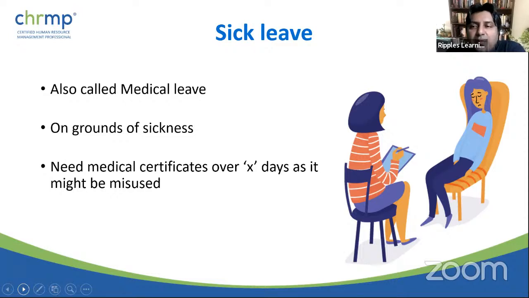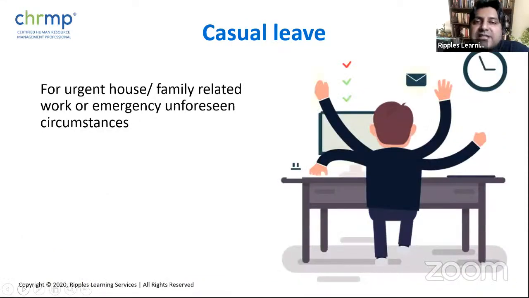But if you're talking about a good number of days of leave that has been taken or exhausted, then you can ask for a medical certificate and make it slightly more difficult for people to take leaves with this reason, or at least know the real reason why people are taking long-term leave in terms of sickness, right? So yes, sick leave is something, though no leave is sickening, a very, very valid reason for people to take leaves, and so is casual leave.